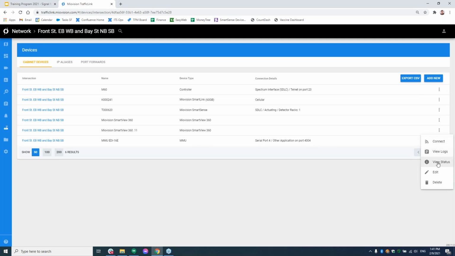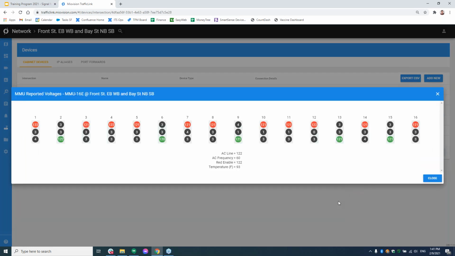So I have two options. First is view live status. What this gives me is the live voltages off of every channel, so I can see generally what's going on, and it's live. I don't know if it's gonna turn on me here, but it's just basically monitoring those voltages in a way. There it goes, so that you can see that live. Obviously, this isn't giving you any error codes or alert codes or anything like that. It's certainly just giving you the high level view of voltages.